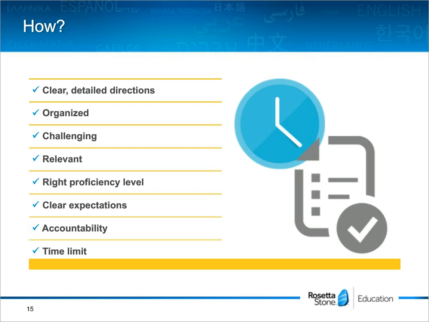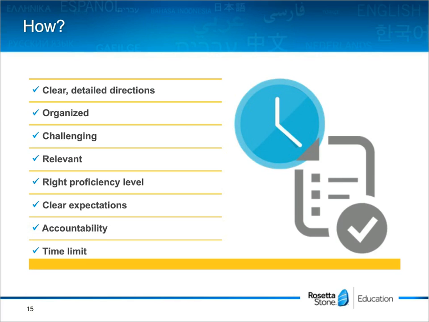Your expectations for them need to be very clear. The students need to know what they're going to be required to do, so they need to know that learning target. They also need to know how they're going to be held accountable. So if you're going to give them an activity at the end that the entire class is going to do, whether it be a performance-based assessment or some type of quiz or summative assessment, they need to know what that is. And finally, there has to be some kind of time limit or you lose your students if you spend too much time, or actually not enough time.